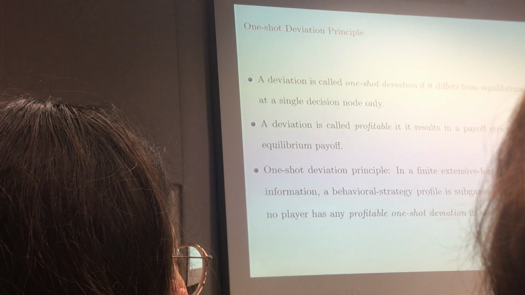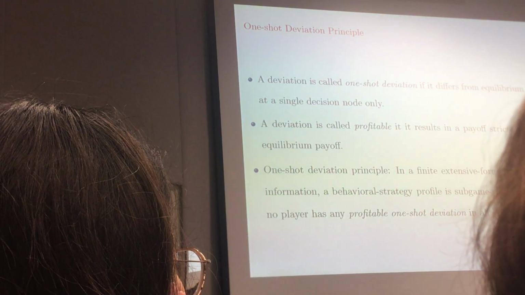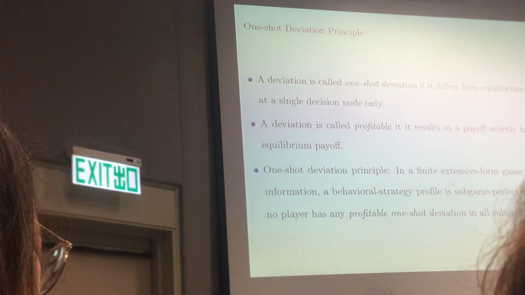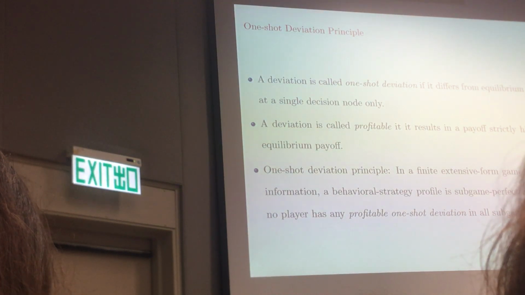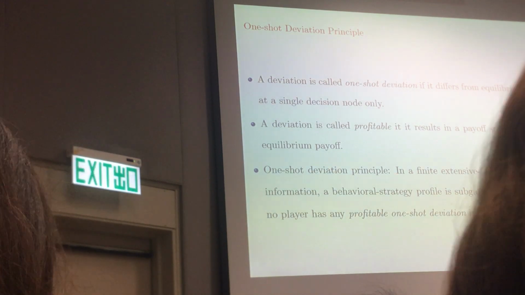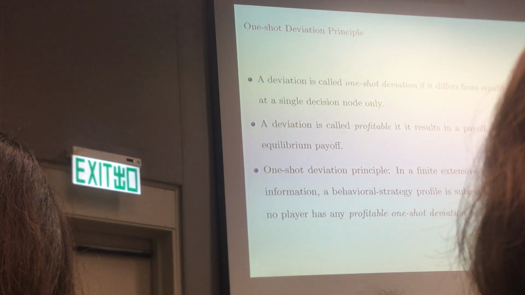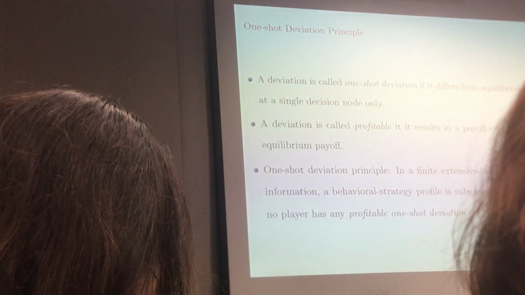It holds true for some games with imperfect information, but does not hold for some others. But one thing good to keep in mind is, even though it is not generally true for infinite games and games with imperfect information,